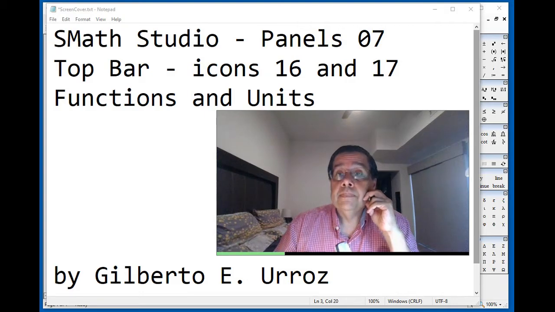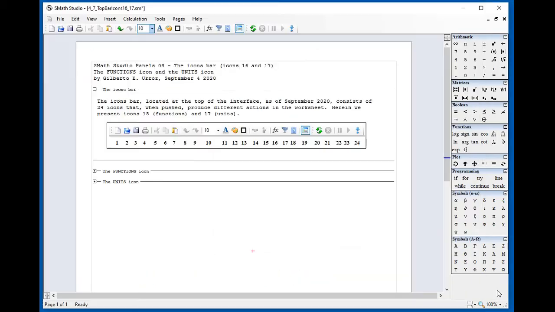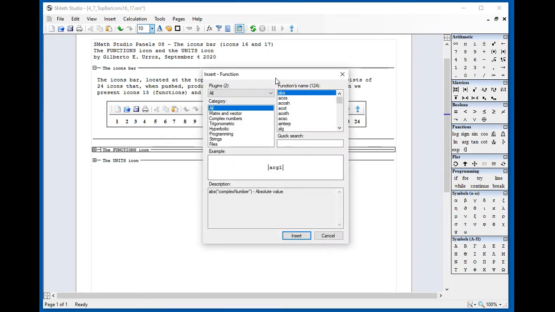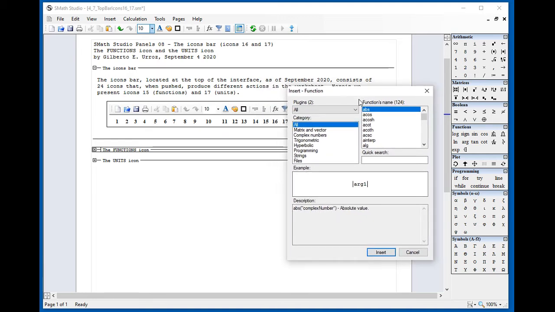To get started, we're going to open up this worksheet and let's talk about the functions icon. There's a lot of information in here, and I'm just going to go over it over here. The functions icon is this one, the FX. If you click on it, it will open up this entry form where you're going to have categories of functions, starting with all the functions available, matrix and vectors, complex numbers, trigonometric functions, hyperbolic functions, programming, strings, and functions